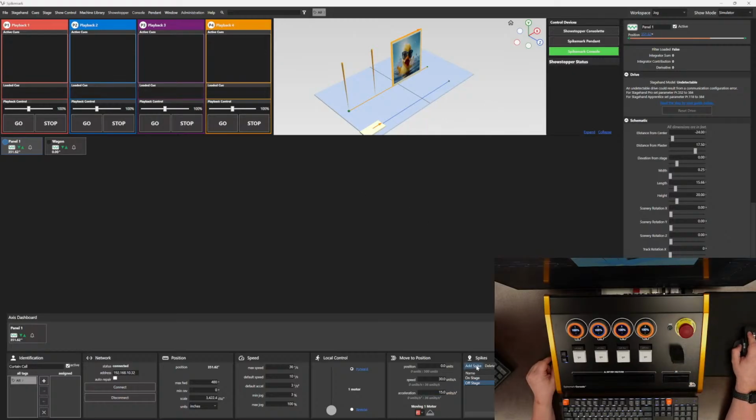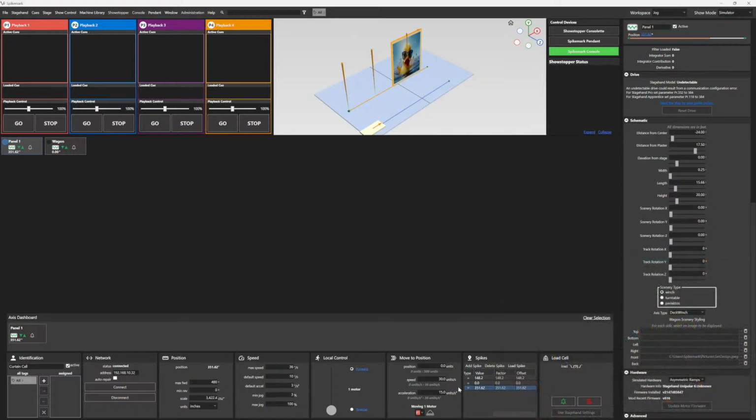And back in the Access dashboard, down at the bottom, I've got Add Spike, and we will just call this our playing position, and tab, because we like that. So now if I want to quickly and easily jump back to those positions, I could continue to jog it,